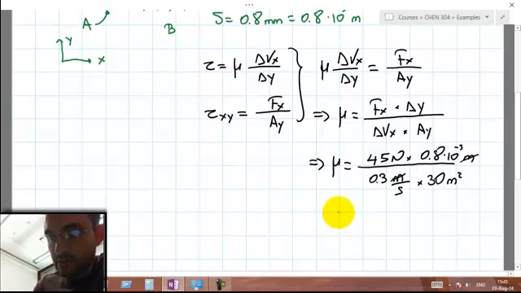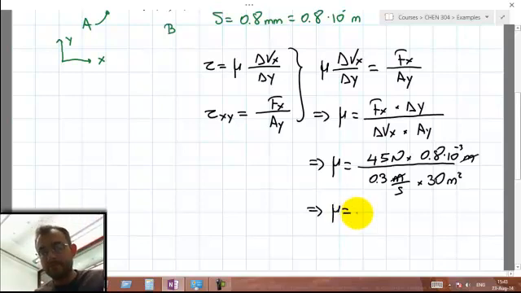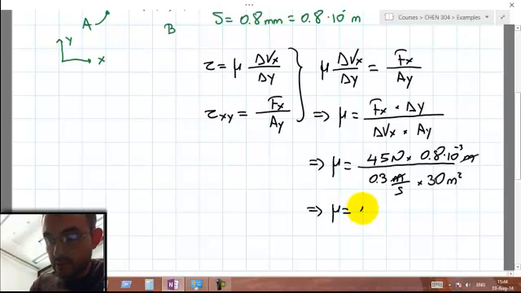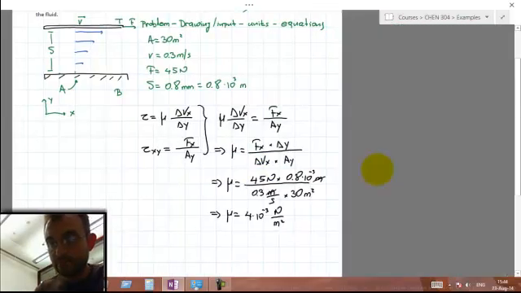Let me fetch my calculator. 45 times 0.8 to the power of minus 3 over 0.3 over 30 equals 4 times 10 to the power of minus 3 Newton per square meter. So here's the whole